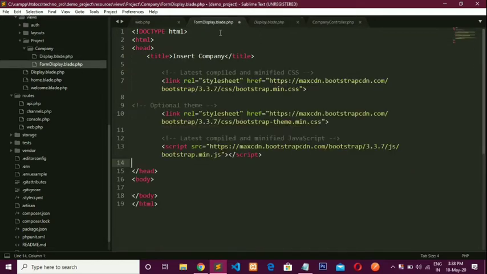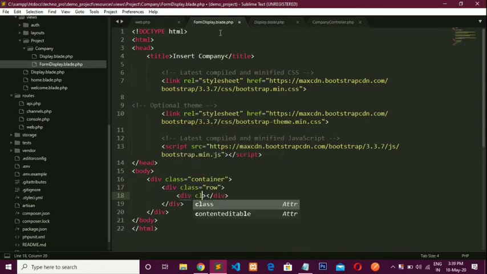Now first make one container, div class container, write one row, div class row, div class col-md-12.